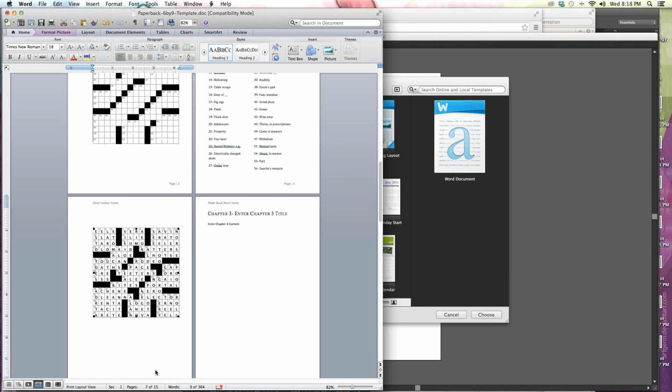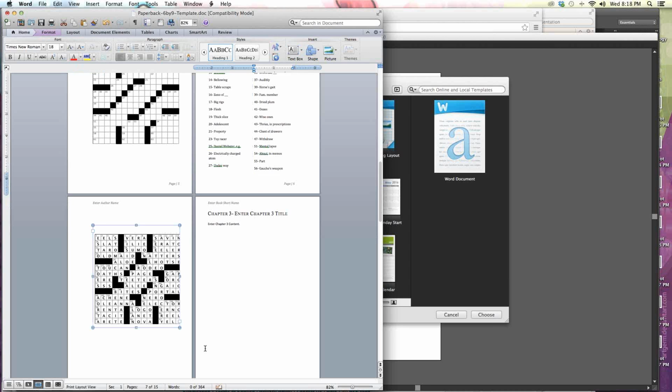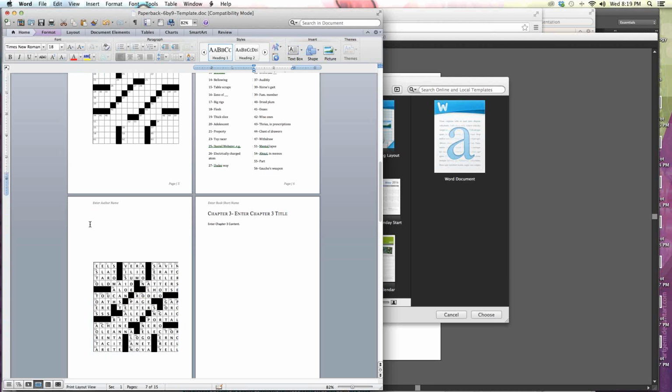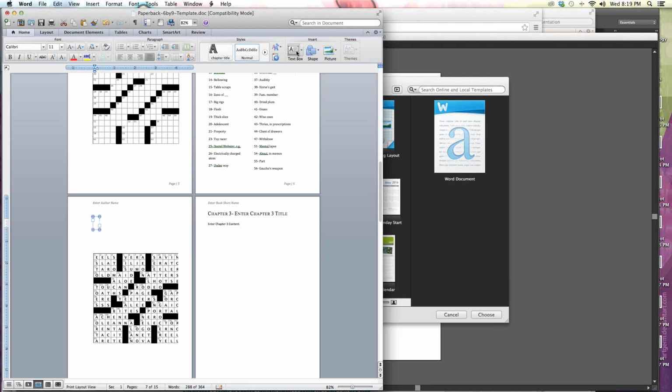You could have 2 solutions on the end, and what you would do to identify it is add a text box above it and simply call it